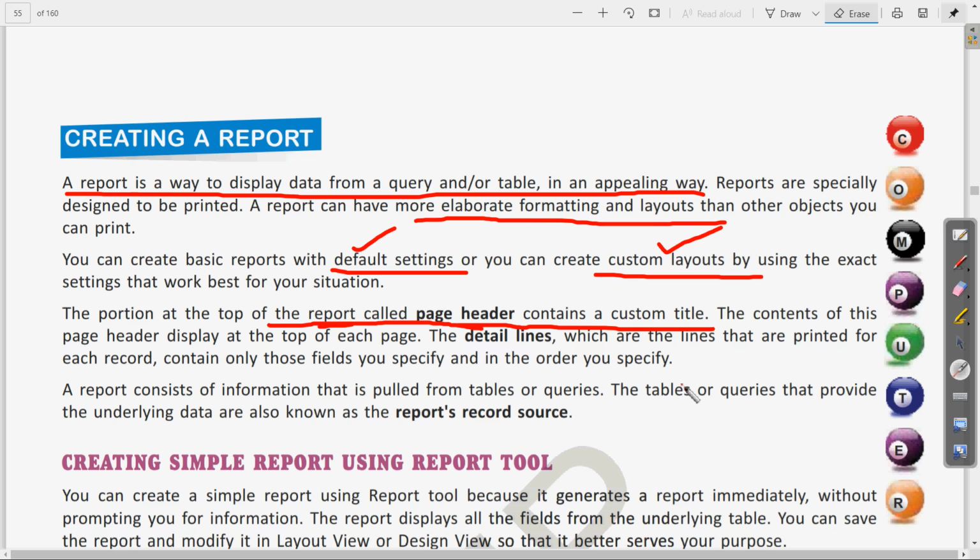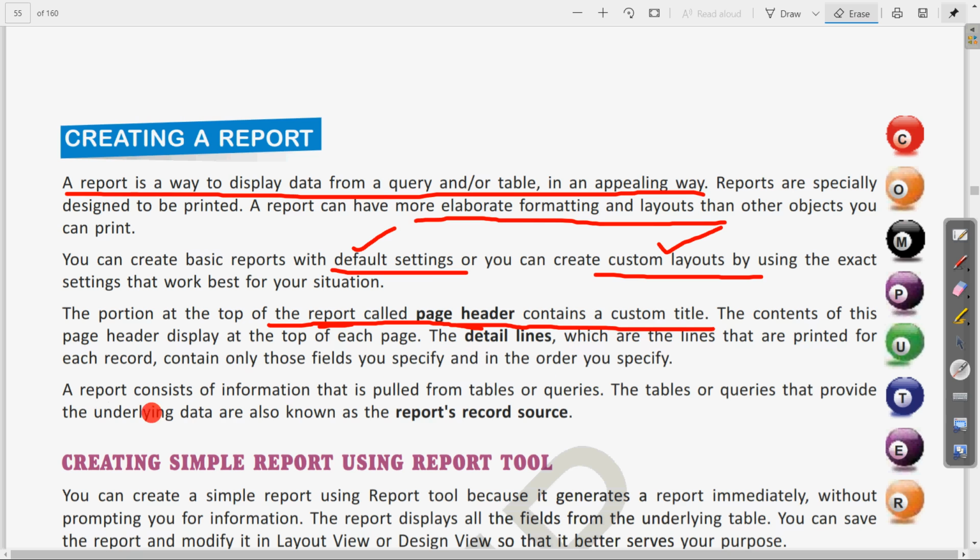So the page header will be present at the top of every page, and we have the detail lines in which we can set whatever sequence of records we want to print, and only those selected records which we need will be present on the report. Clear? So there are two portions: one is the page header and another is the detail line.